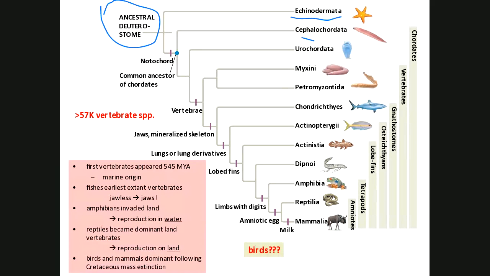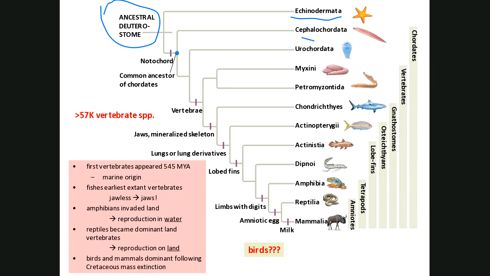Cephalochordates are chordates, but they don't have a spinal column. So all those with a spinal column, the fish, amphibians, reptiles, us, all of us with a spinal column are chordates, but not all chordates have a spinal column. And again, a little bit more detail on that later on, but I know that's a bit confusing.